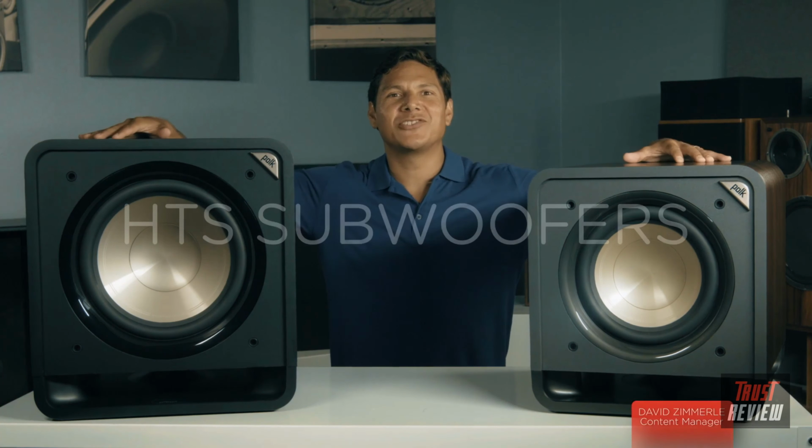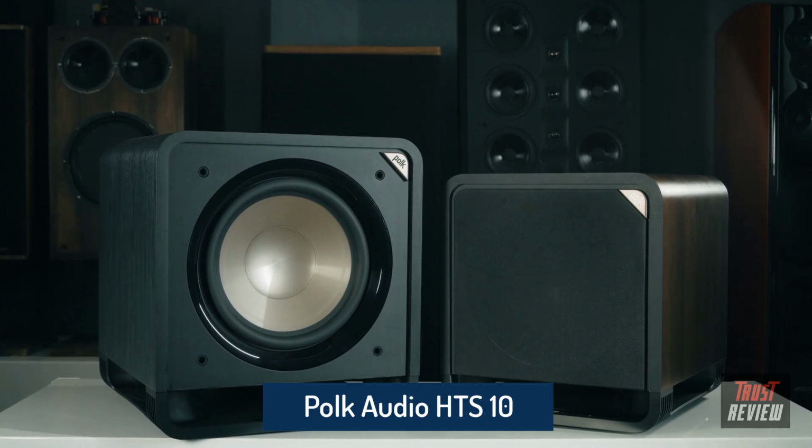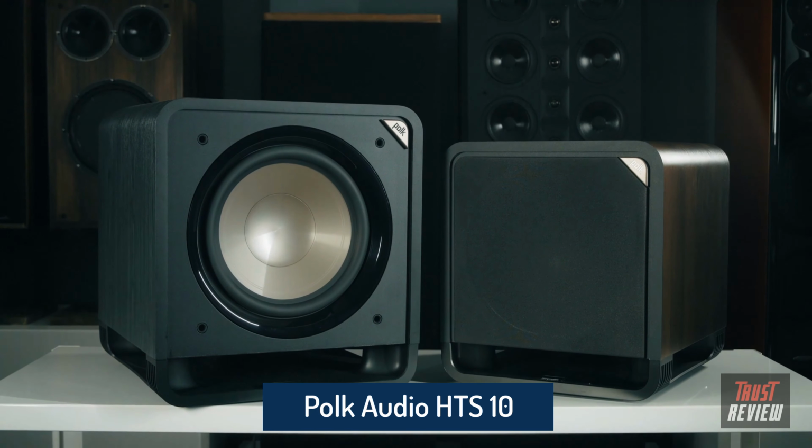Here we have our Polk HTS subwoofers for home theater and music. They offer high power amplification and patented power port technology, ensuring you get a visceral big bass experience that's always clean and tight. They're available in 10 and 12-inch long throw driver sizes and are built with our dynamic balance